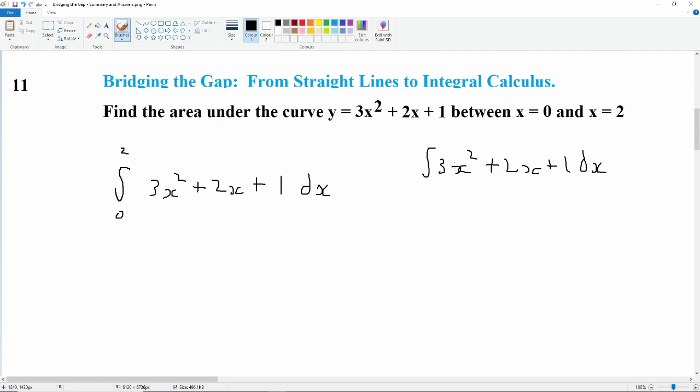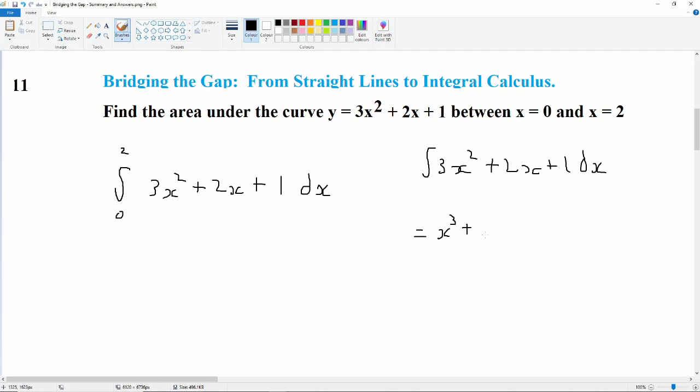Okay, so that is going to be, so 3x squared. We increase the 2 by 1 to get a 3 and bring down 3 and divide by the 3. So 3 over 3 is 1, so that's just x cubed